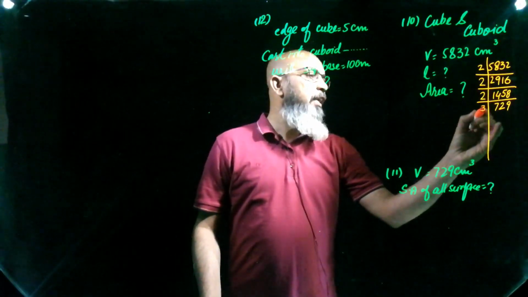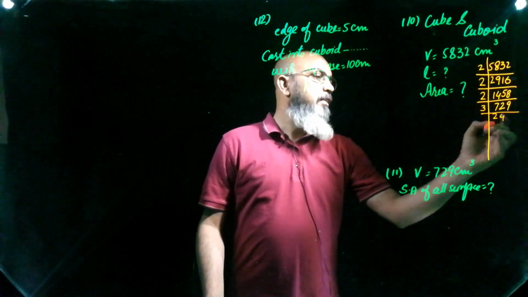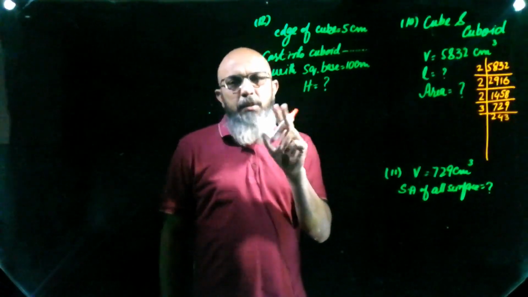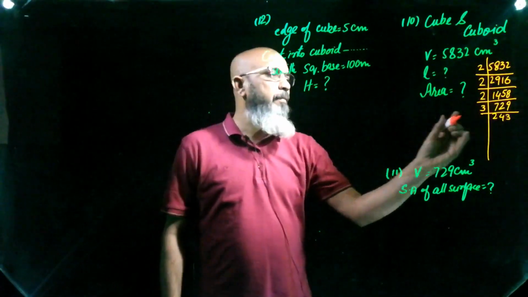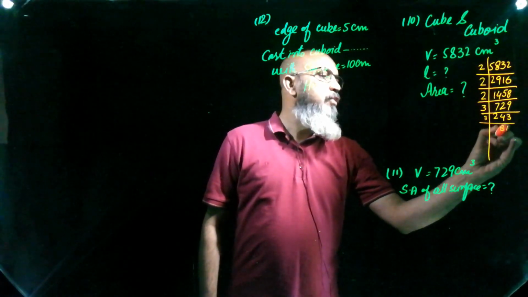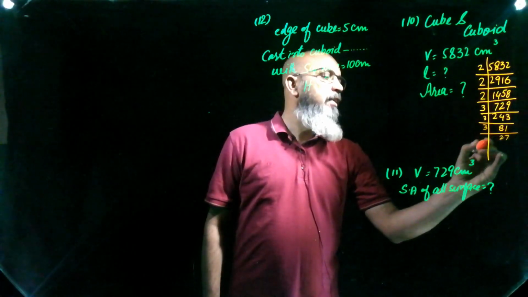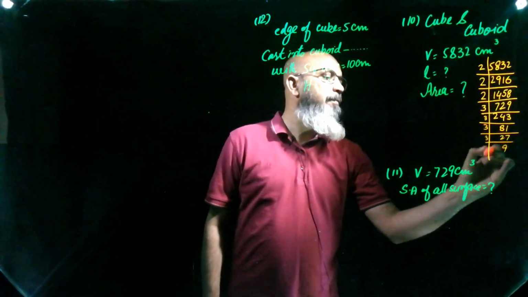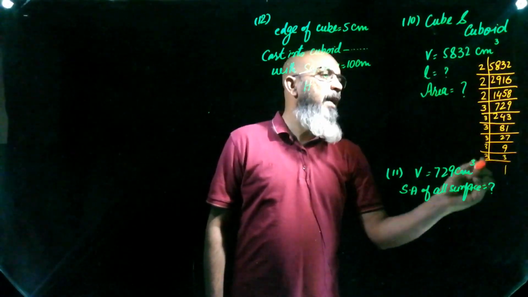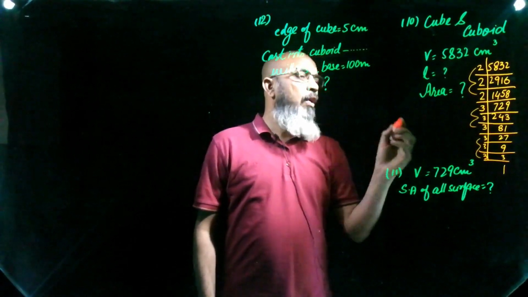So at the table of 3, 3 2s are 6, 3 4s are 12, and 3 3s are 9. It is divisible by 3, so it must be divisible two more times by 3. So again 3 8s are 24, 3 3s are 9, then again 3, 27. Now it comes very easy. Just look at what I said. We get the triplets, right?